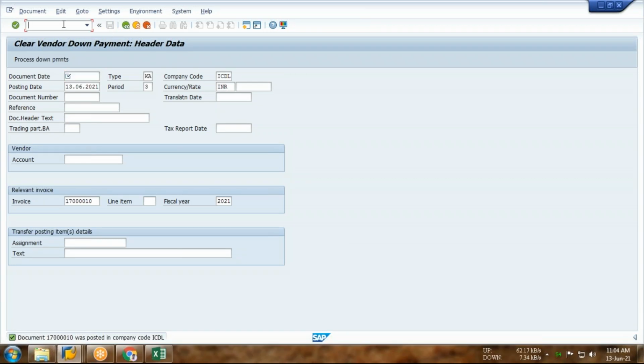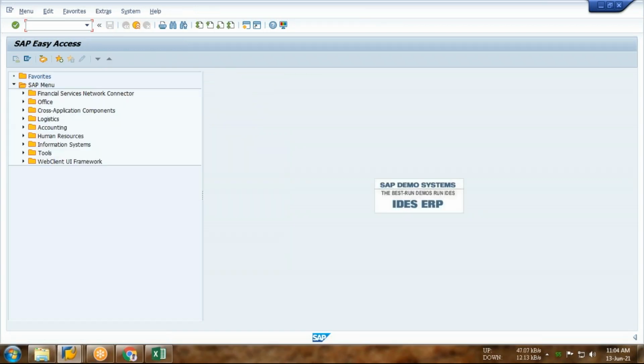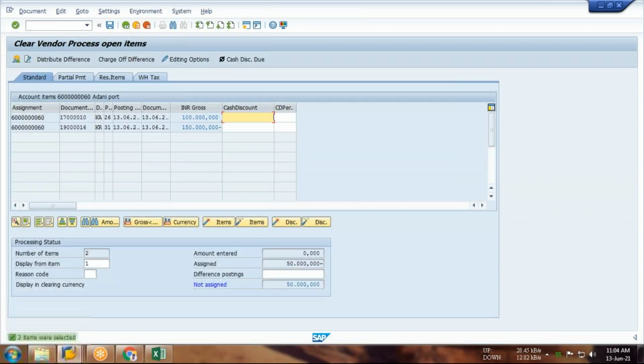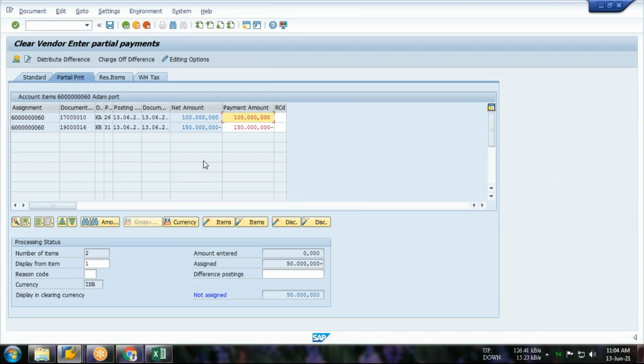Finally, after doing all this, what are we supposed to do? F-44, clear all the items. This is the concluding entry. Select the vendor and enter. I think you guys are quite familiar with this screen. So we are adjusting how much amount? 1 lakh.